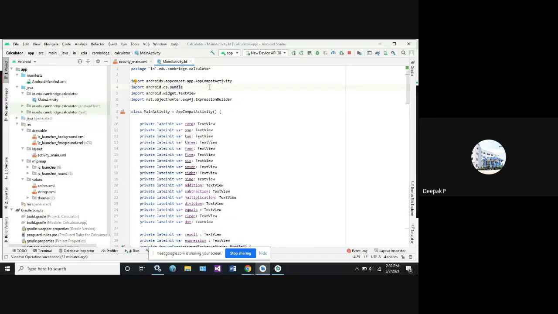Next, what are the things that we should do first? First, we need to import the values, expressions or any functionalities that we require for our app. Inside this calculator code, we need to import four libraries or modules. The first one is AndroidX. AndroidX means it's a Jetpack library. Suppose I'm writing code for Android 9. Recently the version we are writing code for is Android 11. After two months we'll be getting Android 12.